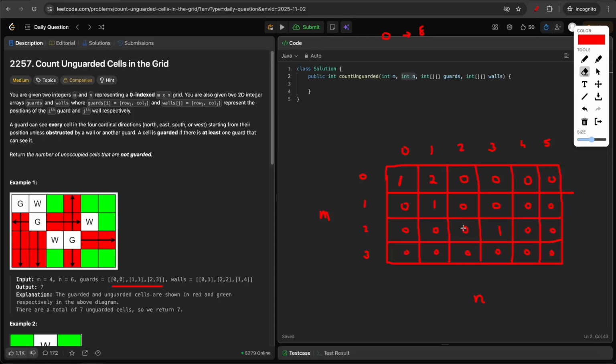And I think this is also a wall. So it's a 2. And this is also 2. So this is the initial configuration. And whatever the zeros are here, those are the unguarded cells. So initially, we can get the count by doing n into m